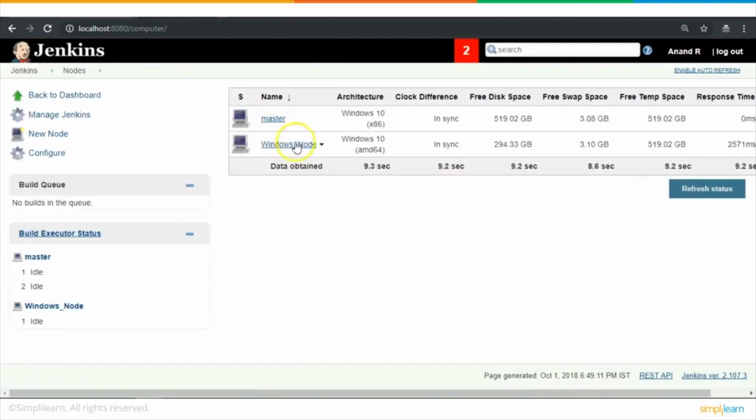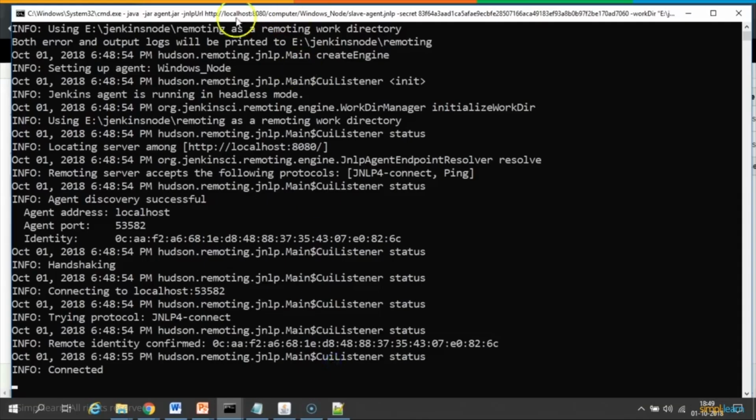Okay, now these two are connected. I provisioned a Jenkins node, and then I copied all the credentials of the slave.jar along with the launch code, took it to the other system, and ran it from there. Since I don't have another system, I've just got a separate directory in another folder, another drive, and I'm launching the agent from here. As long as this particular agent is up and running, or this command prompt is up